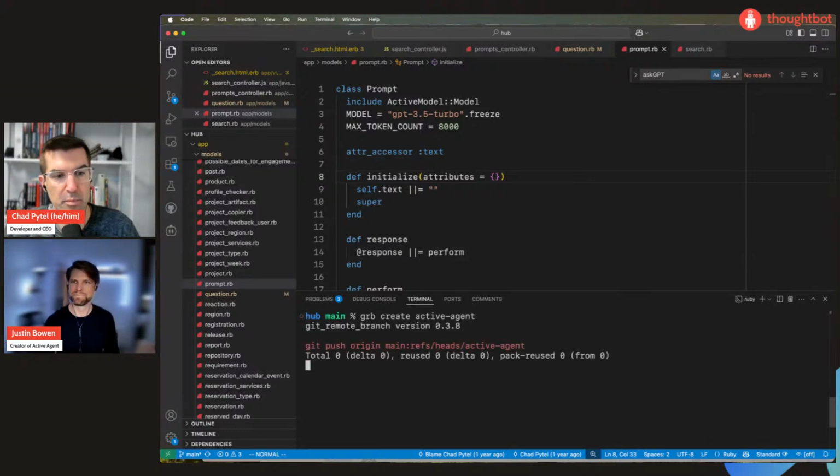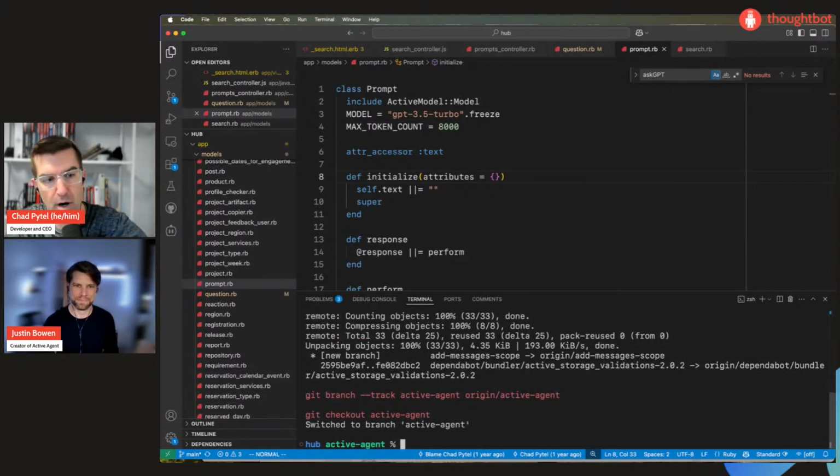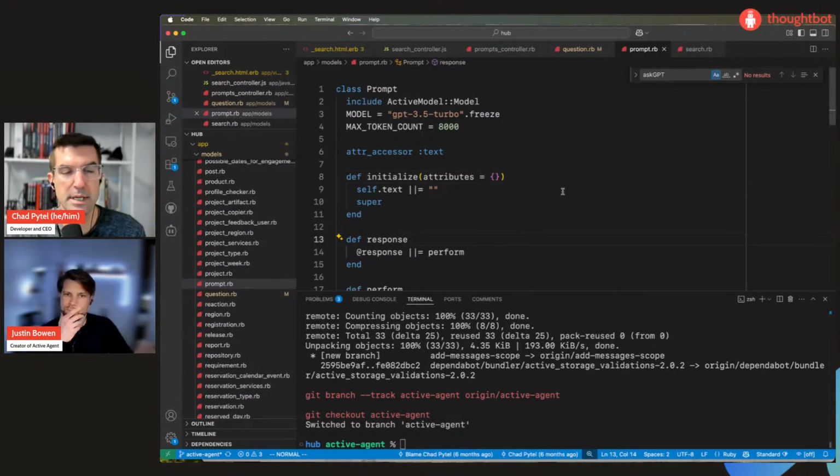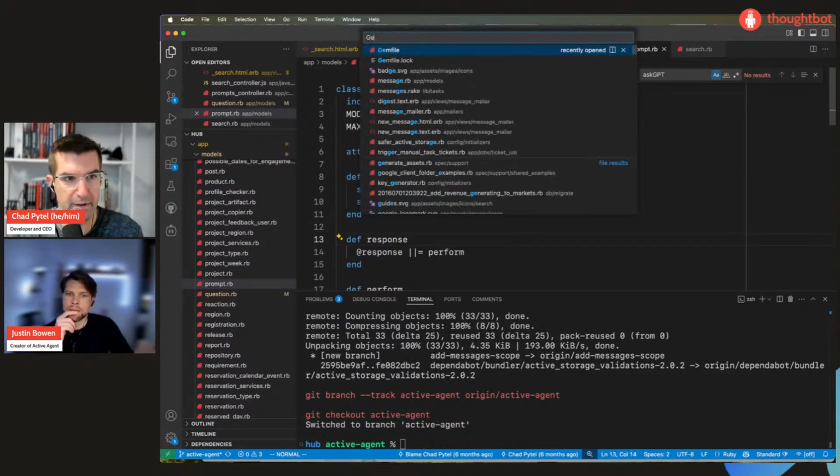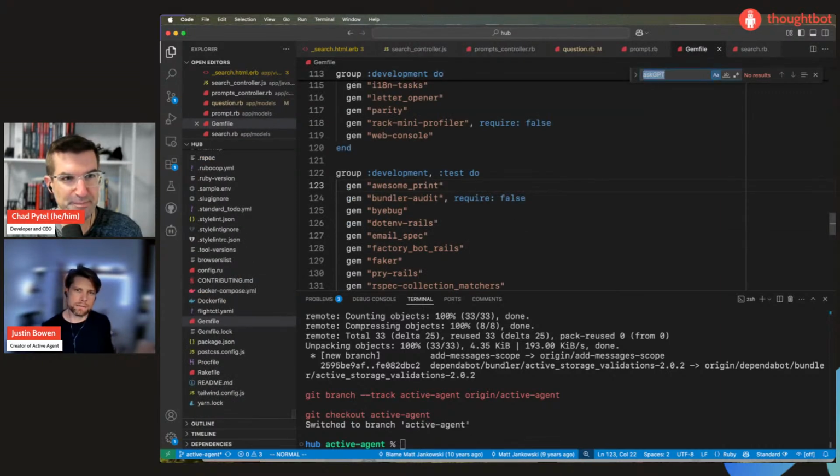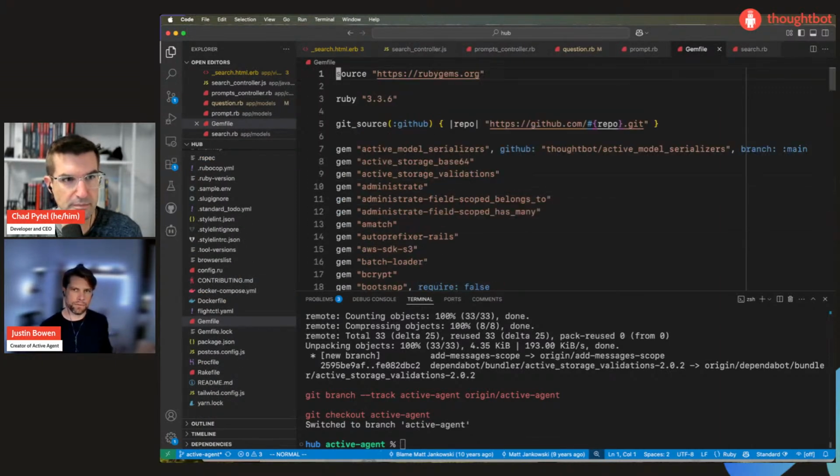So let's create a branch and get for our work. Based on what you've seen in the existing code, where would you say is one of the best places to start? Actually, we need to add Active Agent to the Gemfile, right? Yeah, let's start by going through the README,